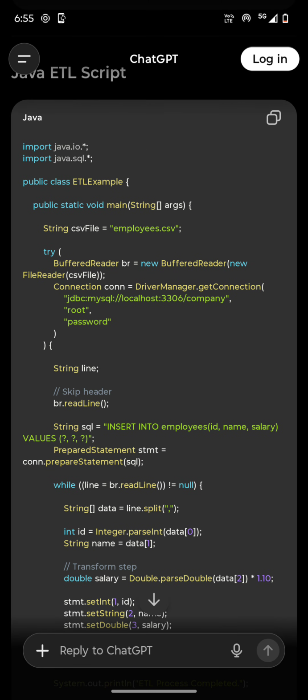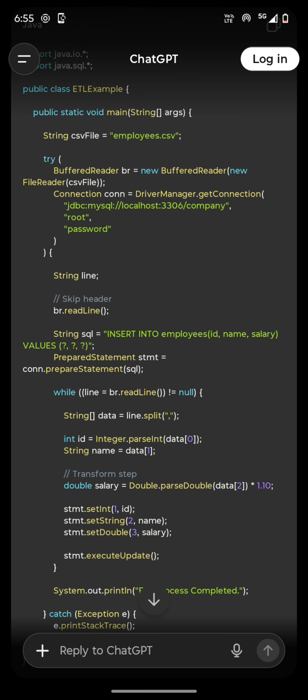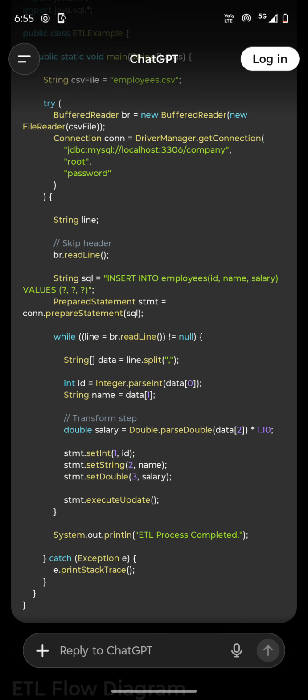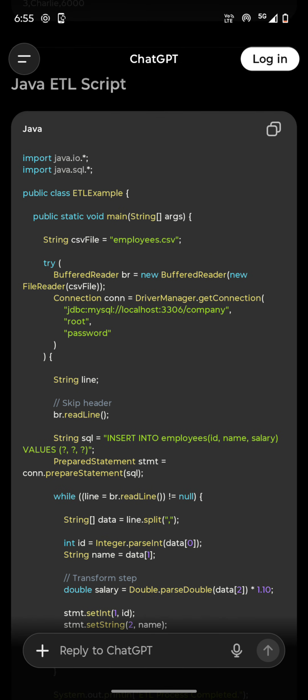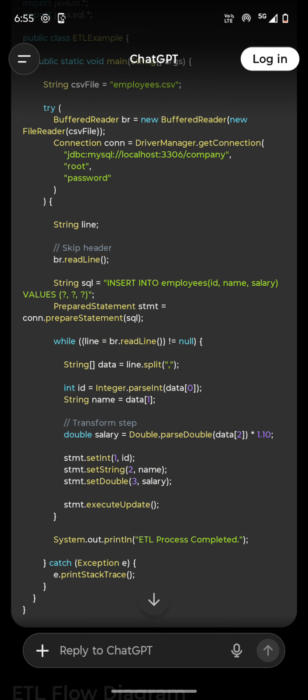See, once you get the data, you have your data in the result set. What you are going to do here, you see here. Okay, so we have a CSV file, and then we are going to establish a data source connection for the database, and there are insert statements, you see. And now what we are going to do here is the transformation step. We are applying transformations. We are getting the salary